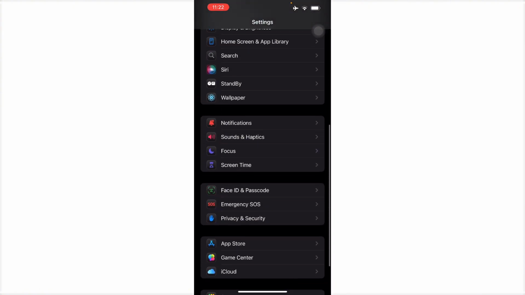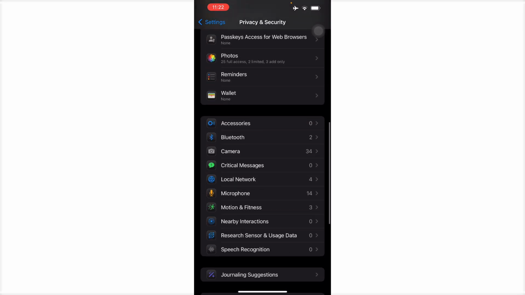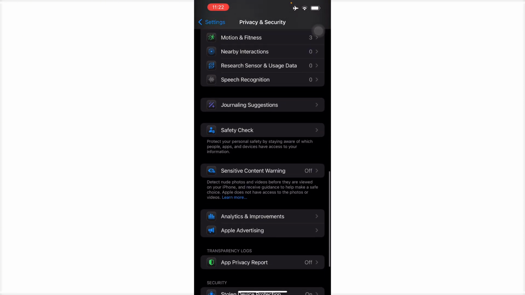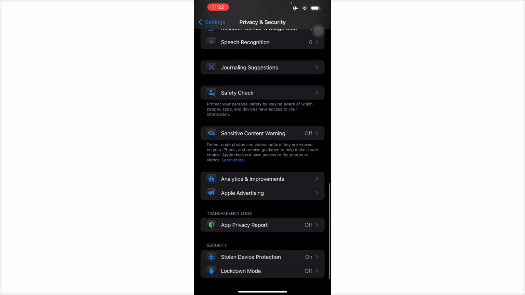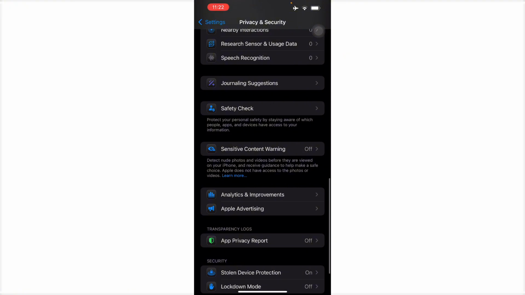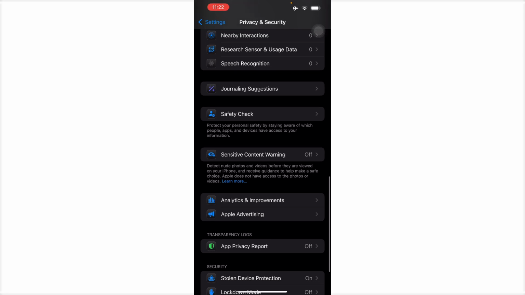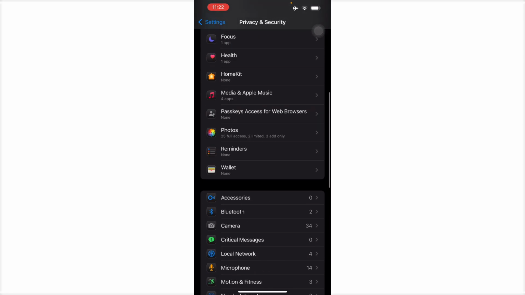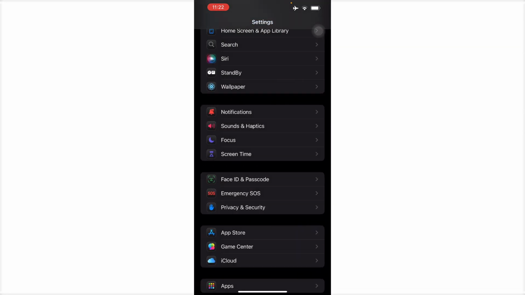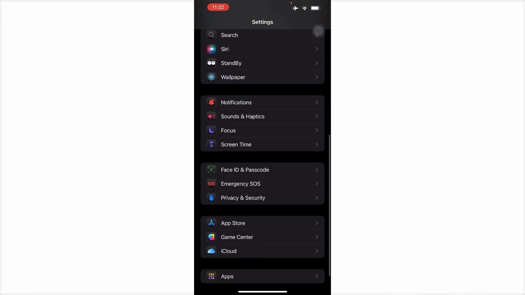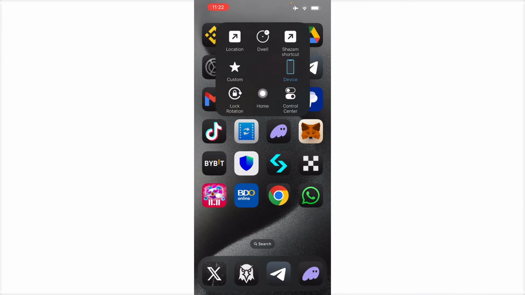So next is in Privacy and Security. Sometimes apps will not be allowed to actually just be used. So sometimes it will appear right here that if you're letting one app be installed, there's going to be a pop-up right here asking if you want to allow it to be installed, regardless of any type of restrictions that you're holding against iOS 18. So that's one of the most basic things, and the last thing you'll have to do, of course, is restart